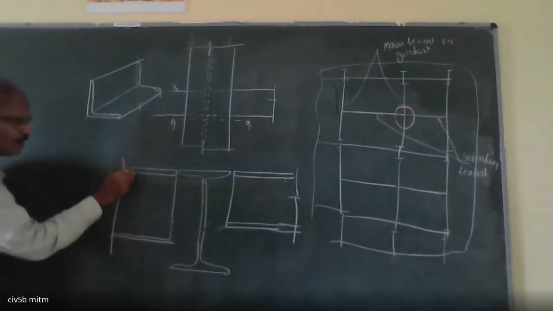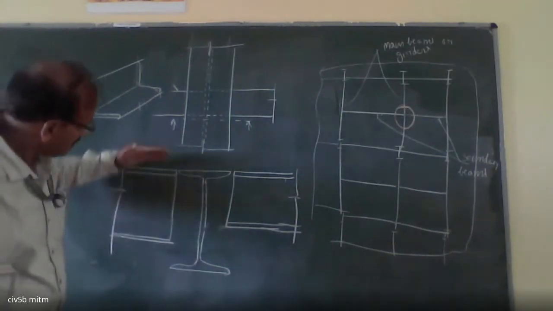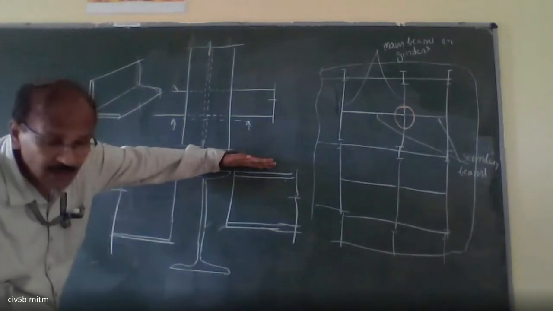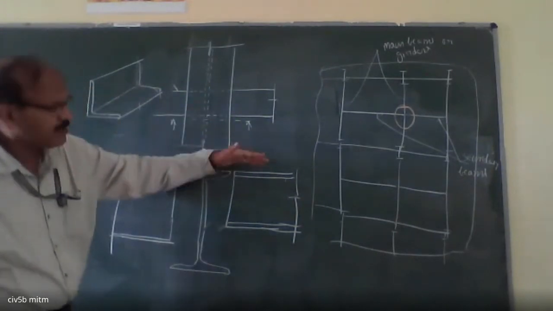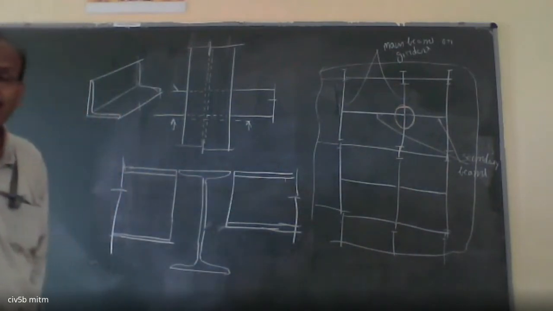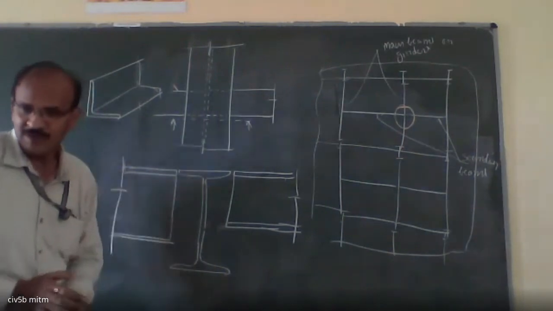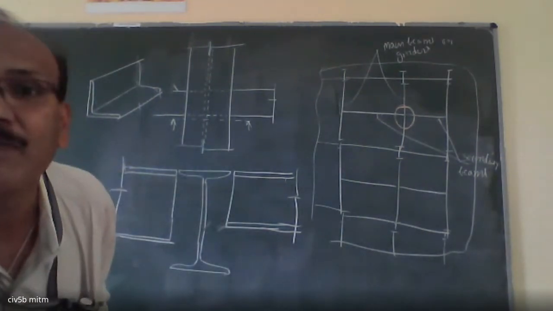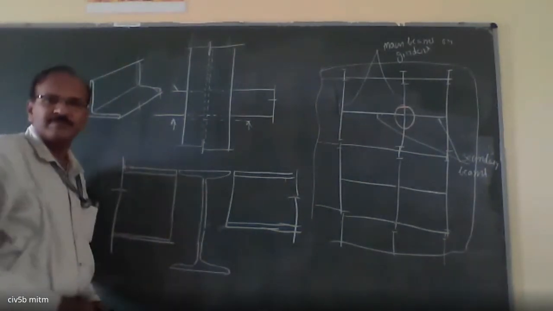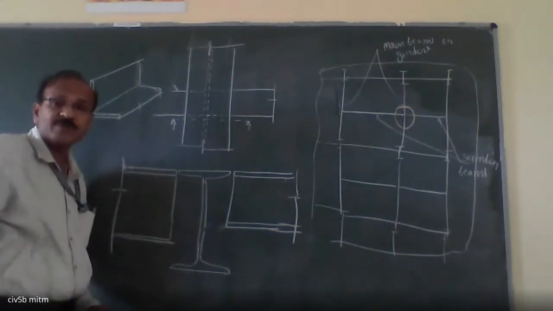Okay, look here. The top of this wing, the top of the main girder, and the top of the secondary girder or secondary beam are going to be at the same level. But look here, what is the spacing? So how do you fill up the spacing? Look here. We cannot provide an angle to fill up this spacing.